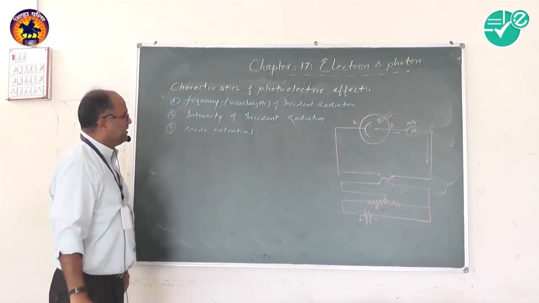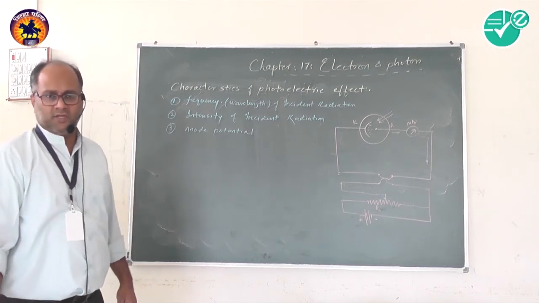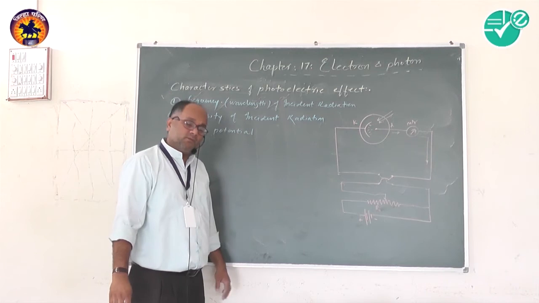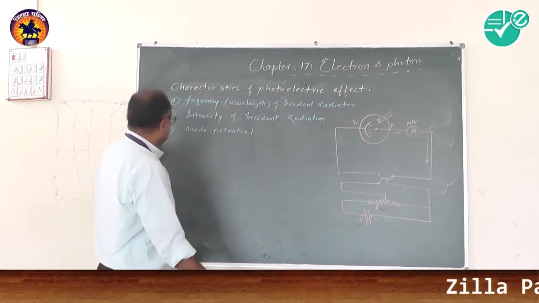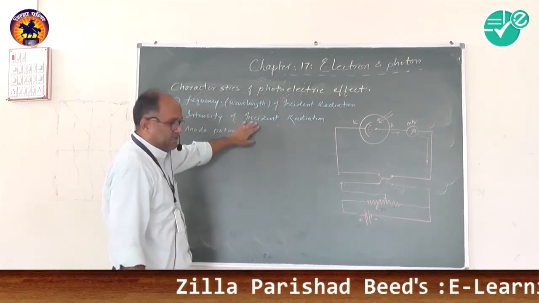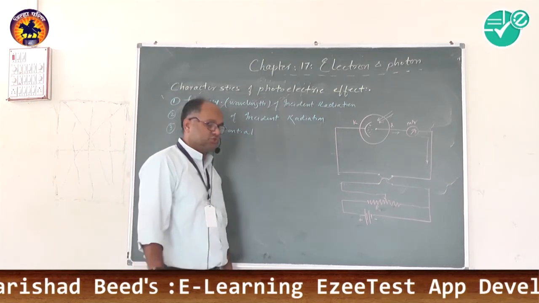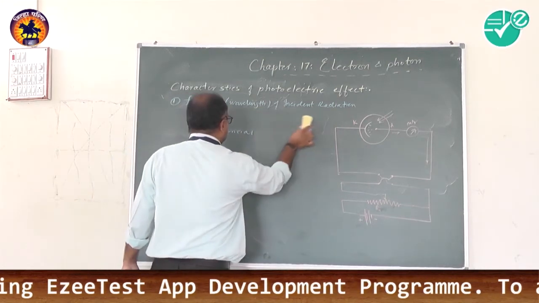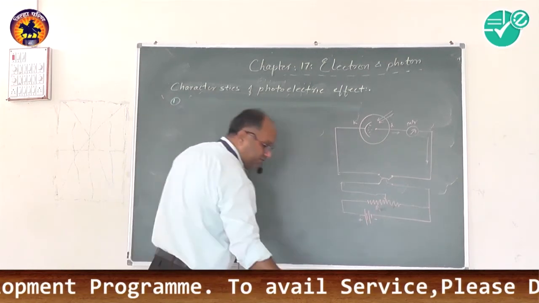These are the three parameters which affect the photoelectric current. Now, when we study the characteristics, we have to study any one of the factors. So initially, we will be keeping the intensity of the incident radiations constant, and anode potential at high positive potential. And we will be changing the frequency. So now here we will be studying